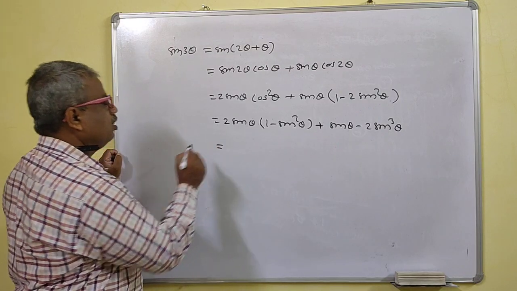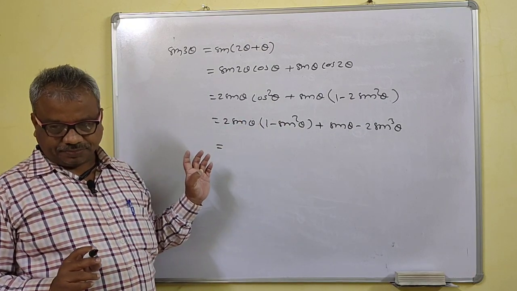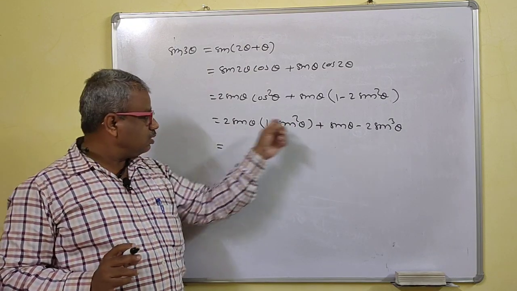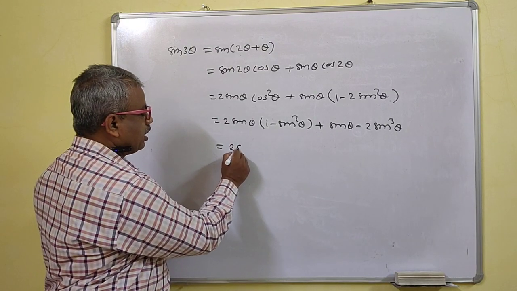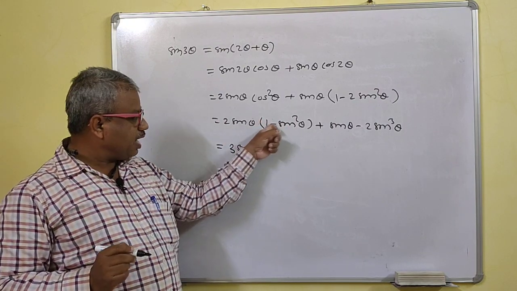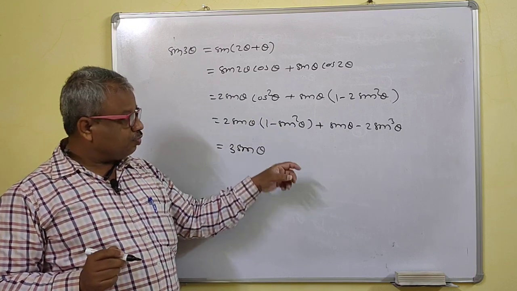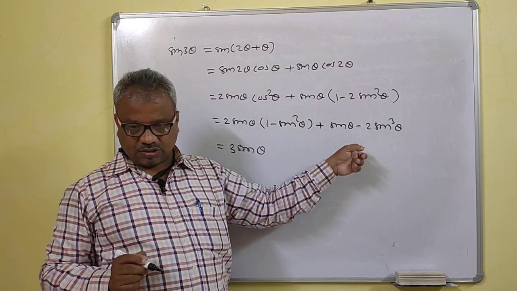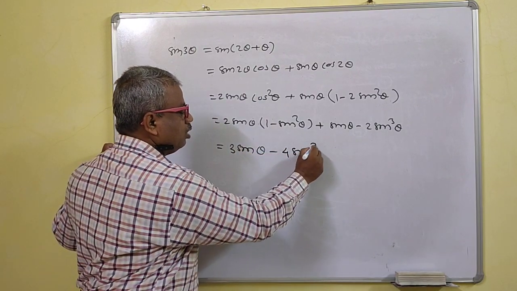Now directly we will simplify. If you open the bracket, what do we get? 2 sin theta, and again the sin theta is there. It is plus, this is plus, so 2 plus 1 is 3. So we get 3 sin theta. Now if you multiply by the second term, this is minus 2 sin cube theta, and here sin into sin square theta gives sin cube theta, and this is minus 2. Both the signs are same, so minus 2 minus 2 will be minus 4 sin cube theta.